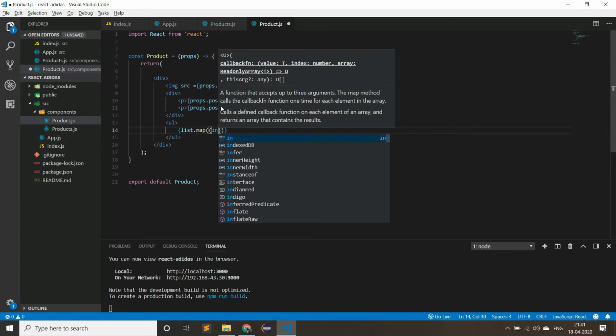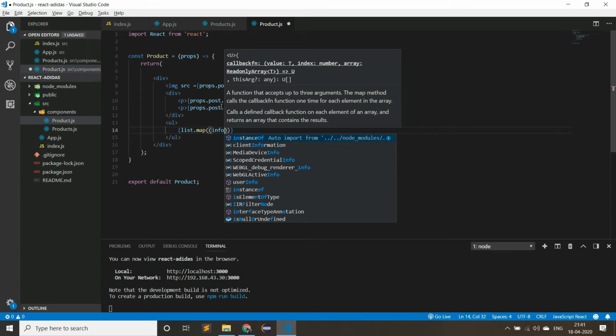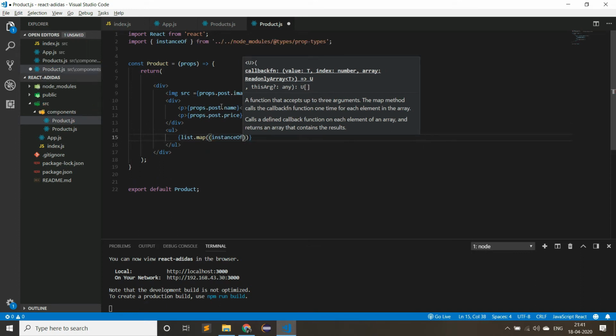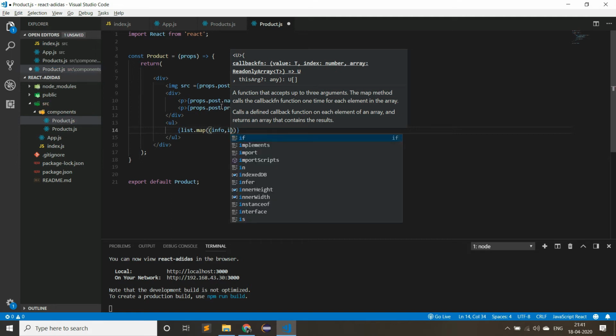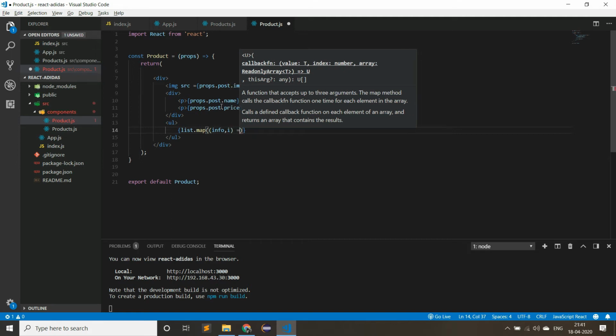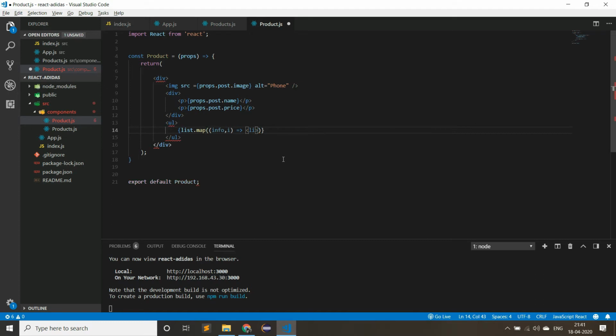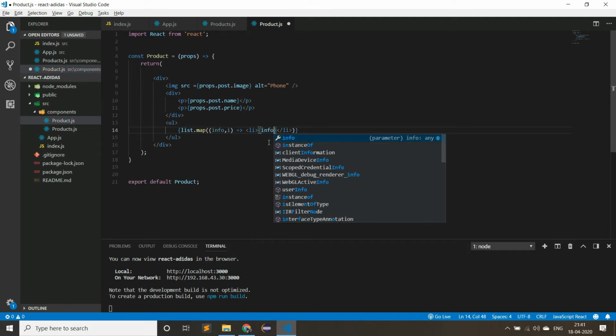Here info is nothing but some of the description about the product. Write as info and it will take an index. It will take the arrow function also, and then use a li. Here we are using a list item. Inside of the list, let us append this thing. Open the braces, and write as info.